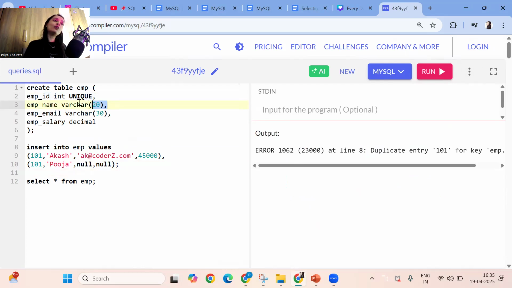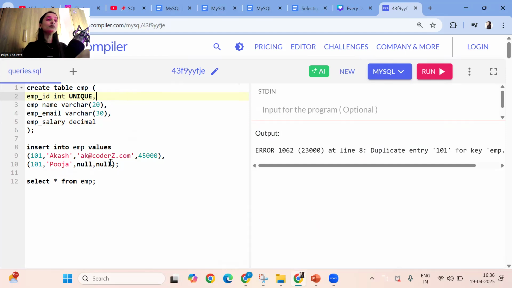So should I write unique for employee name also? No, guys. How come employee names will be unique? Two students can be there with the same name, Akash. Possible, right? So check to which column this constraint we have to apply. What can be unique? For employee email, can we write unique? Yes, employee email must be unique, right? You and your office colleagues cannot give the same email address. Not allowed, right? Employee salary, unique we cannot use because multiple employees can have the same salary. So check in which column you want unique values. For that column, you can use the unique constraint.